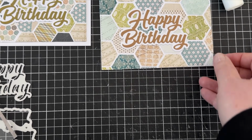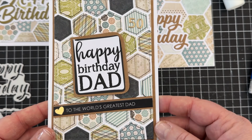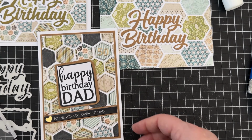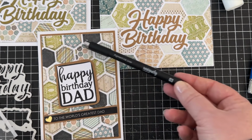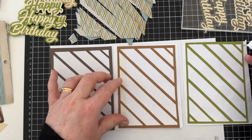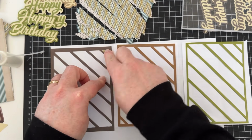And then this card I've created for my daughter to give to my husband for his 50th birthday coming up. I doodled around each hexagon as well, just for something different and to make them stand out more. And then I still had some more of the paper left over, so I decided to create another 3 of